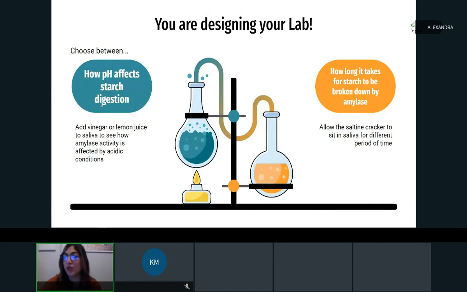And so if you're choosing the option, how pH affects starch digestion, then you might want to think about adding vinegar or lemon juice to your saliva. And we'll get to that in a moment. We are going to be using your saliva, which is where you get your amylase production. So you're going to have a chance to see how amylase activity is affected by acidic conditions. You'll take a look at how an acid environment directly correlates with the breakdown of starch